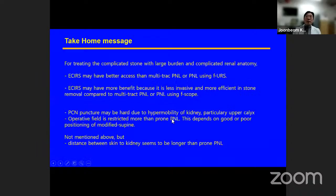So good. So this is the conclusion. I know that there is no comparative study about ECIRS and other complicated combined techniques like multiple-tract PNL or PNL using a flexible nephroscope. But from my experience and others', I can conclude this. For treating complicated stones with large burden and complicated renal anatomy, ECIRS may have better access than multi-tract PNL